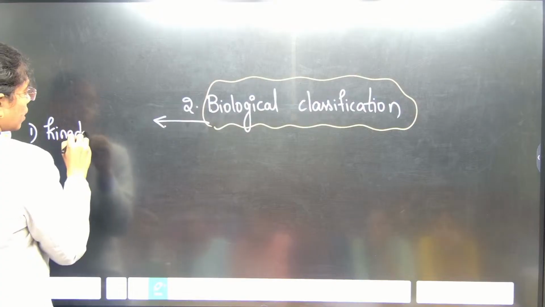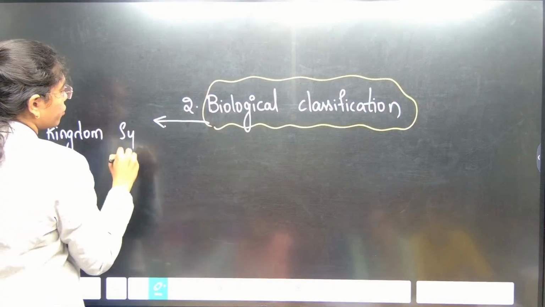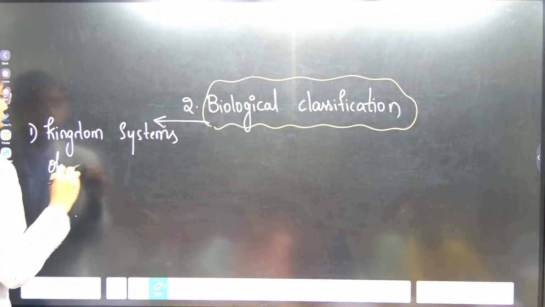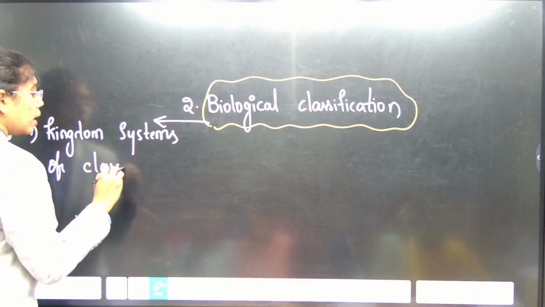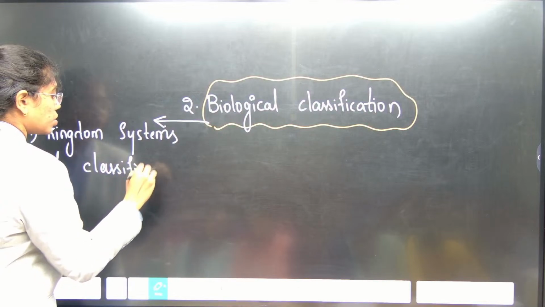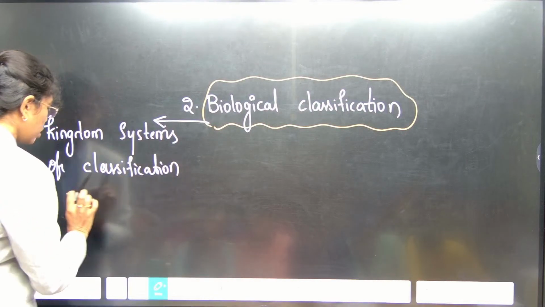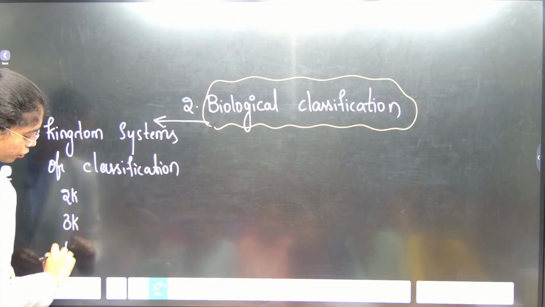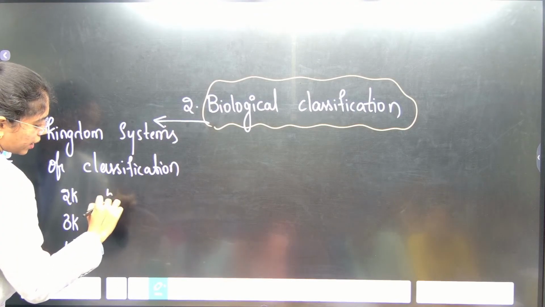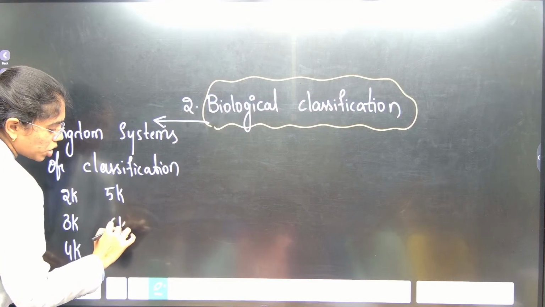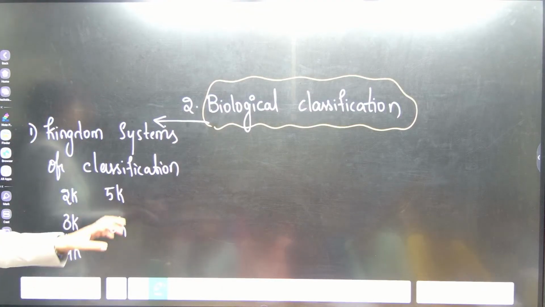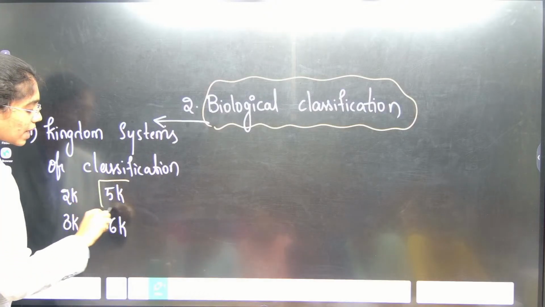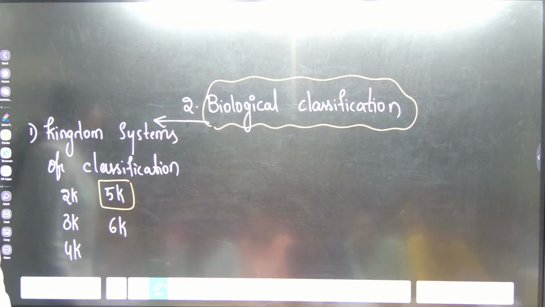Kingdom systems of classification. In kingdom systems of classification, you will learn about 2 kingdom, 3 kingdom, 4 kingdom, 5 kingdom and 6 kingdom system of classification. Amongst these different kingdom systems, the 5 kingdom system of classification is widely accepted, which is proposed